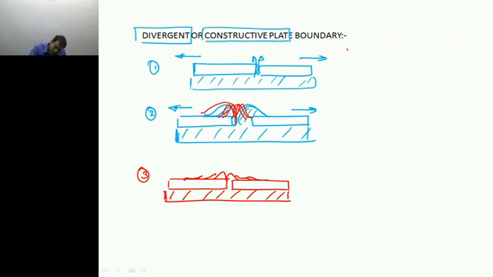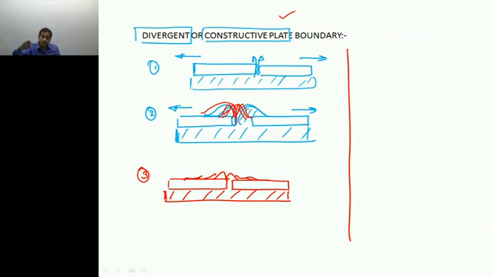So what is this divergent or constructive plate boundary? Why is it known as constructive? Why is the word constructive being utilized? It is being utilized because there is a construction of the Earth's crust here. How is there a construction of the Earth's crust? The molten rock material is coming from below and it is forming solid crust. Because of the solidification and cooling, it gets solidified, forming a hot basaltic crust. So that is why it creates the crust on the surface of the earth, and hence it is known as